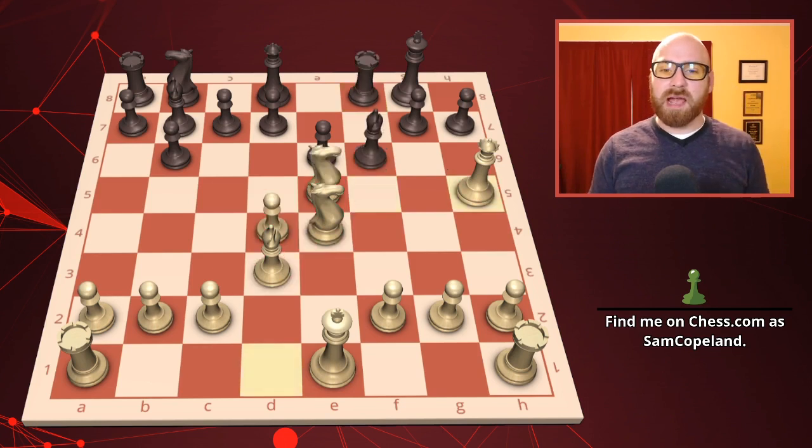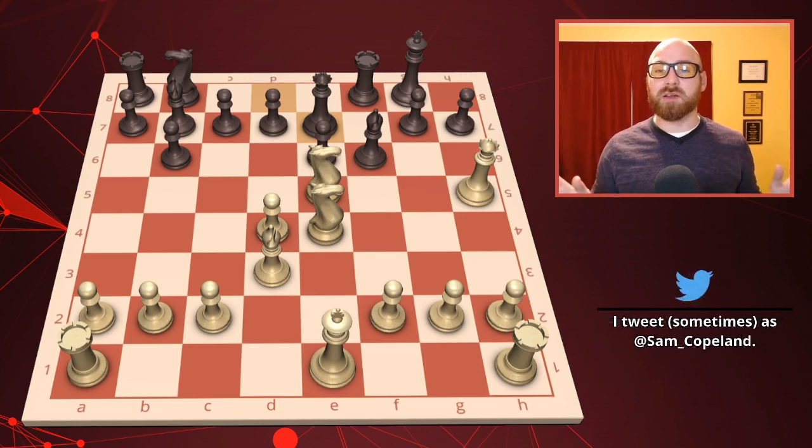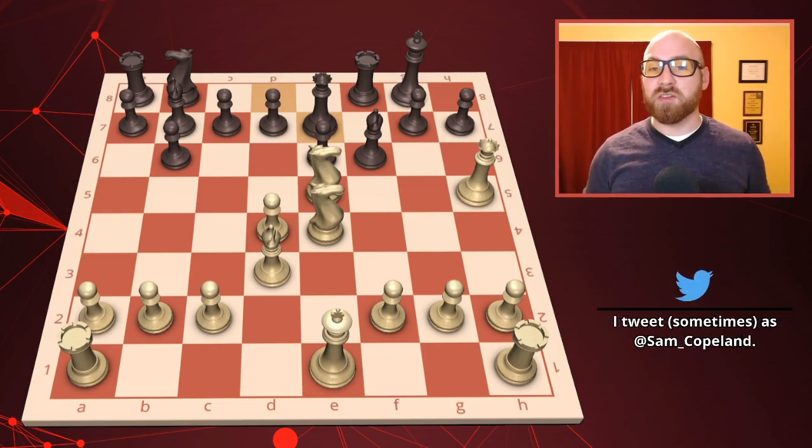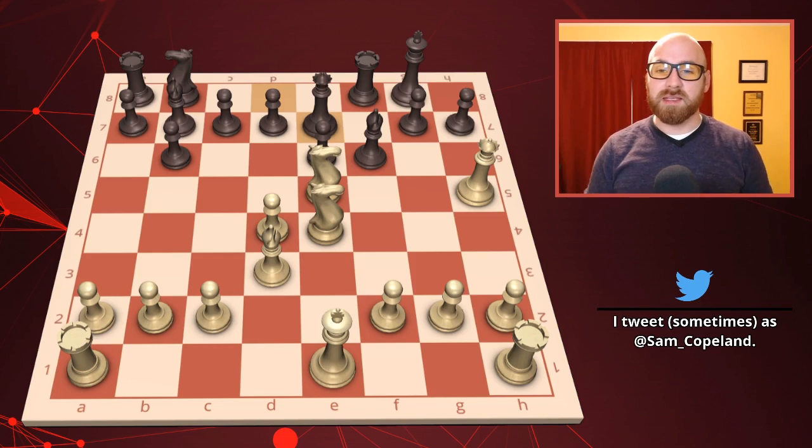However, after queen h5, black played queen to e7. Now, there is an idea here, but this is a losing move, okay? White now wins spectacularly with one of the most famous, most spectacular, most beautiful chess moves of all time. I want you to pause your video if you can and try to figure out what the move is and calculate as far down the combination as you can.